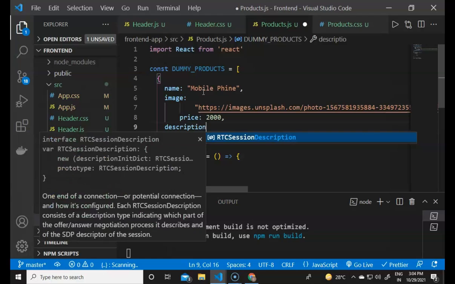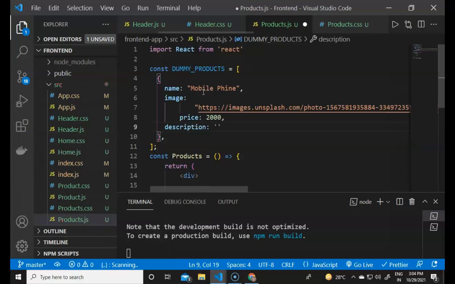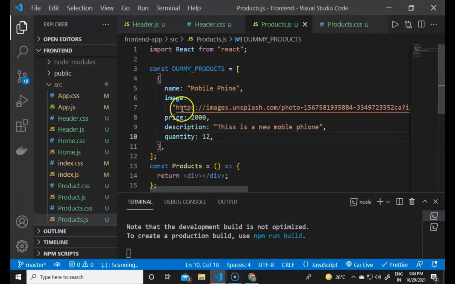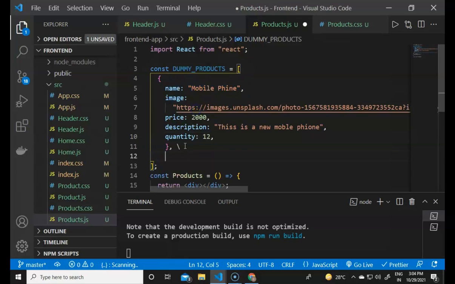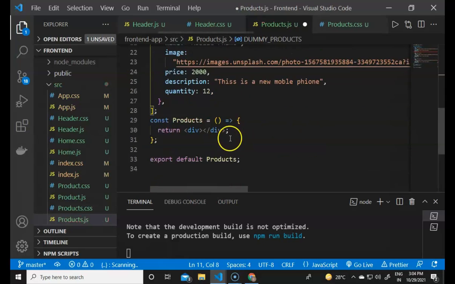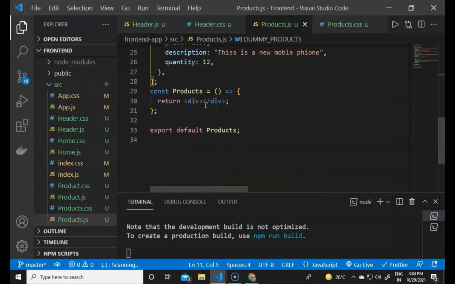and the description will also contain some string like this is a new mobile phone, and in the end it will contain a quantity, and the quantity will be equal to like 12, we have 12 quantity. So this will contain the array of products, and I will just copy and paste these products one more time. Now we have 3 products, and inside the products component, first we will create a div,